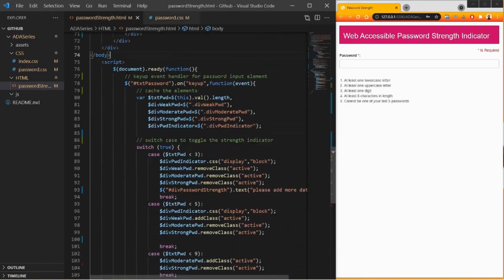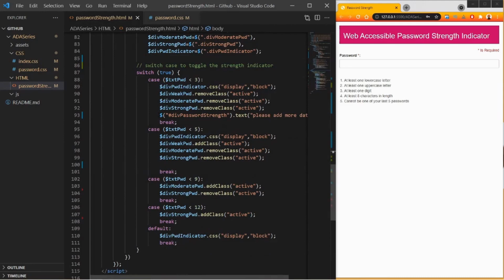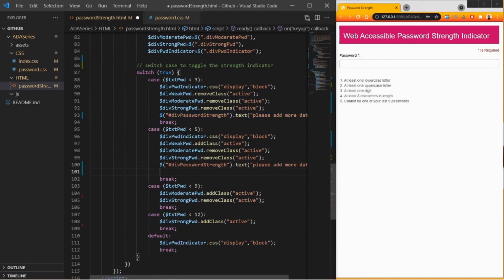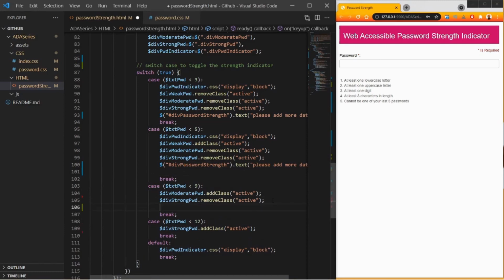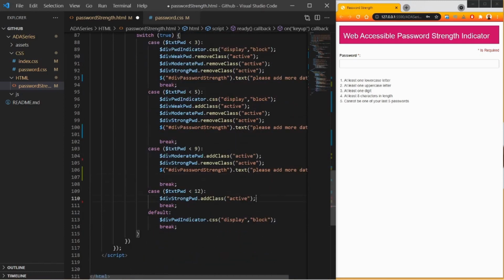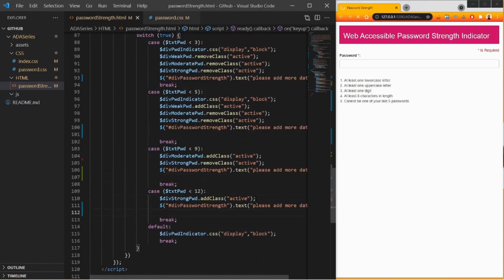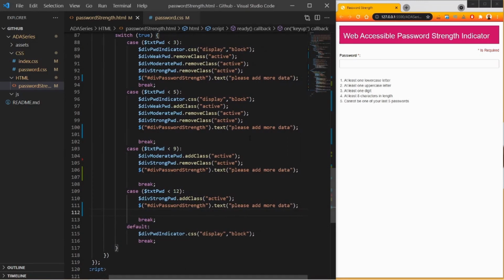Now let's do it for the other cases that we have. Let's copy this section and put it here, and then for this section, and then finally for the strong section. Okay, now we need to update the text. So we'll say that this section is for the weakest section.